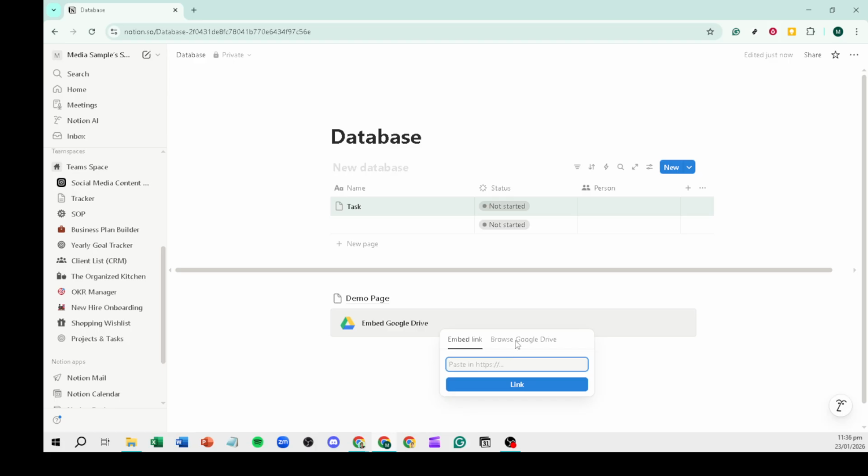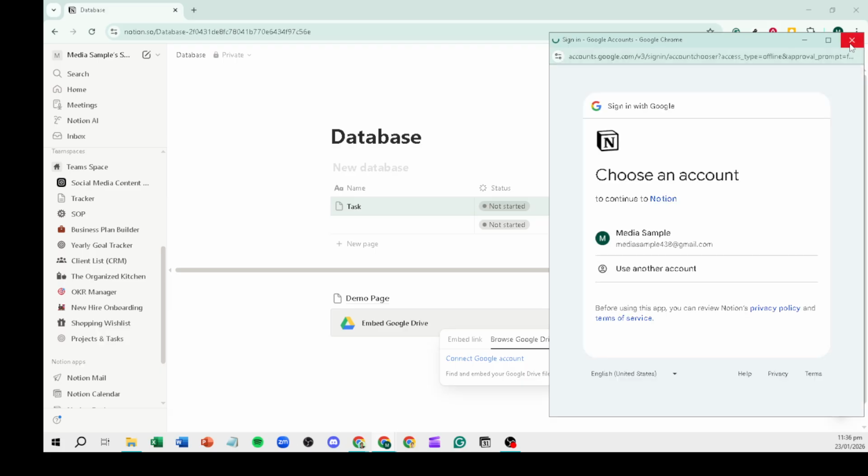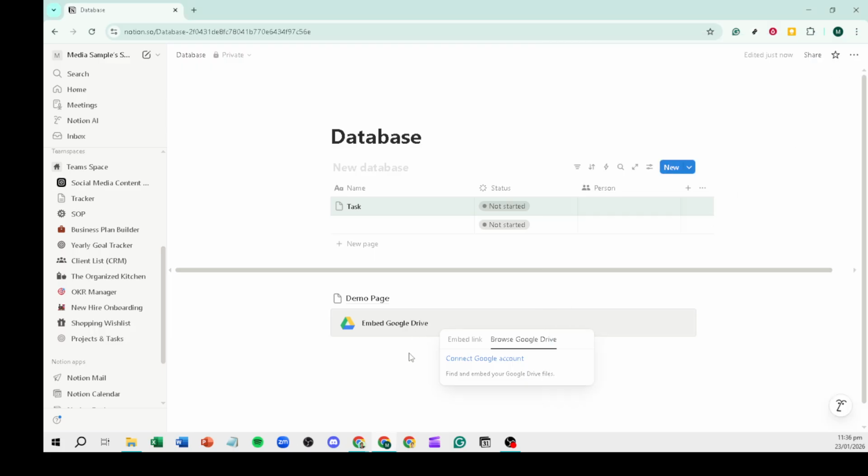You can also insert Drive items anywhere in a regular page using a quick command. Type / then Google. From the menu that appears, select Google Drive. This opens a picker where you can search or paste a link to a file or folder. Notion will insert a clean, clickable reference. If you weren't connected yet, this action will prompt you to connect your account, and then you'll be right back to choosing a file. Remember that Google sharing settings still apply, so teammates will need access in Drive to open